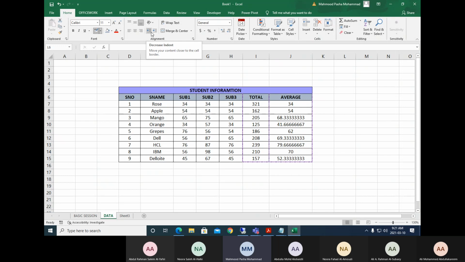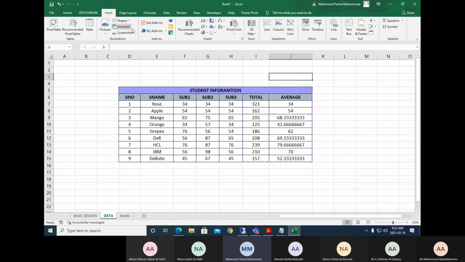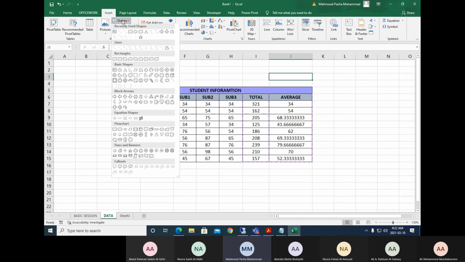So this is the main concept of indentation. For example, we are going to do indentation of some data. I can take some picture or something on the screen on which I can apply some indentation.